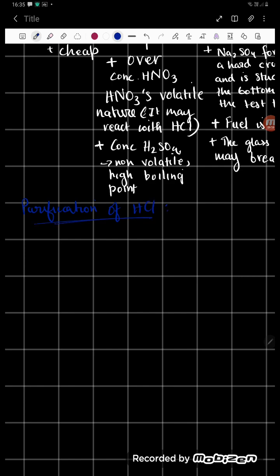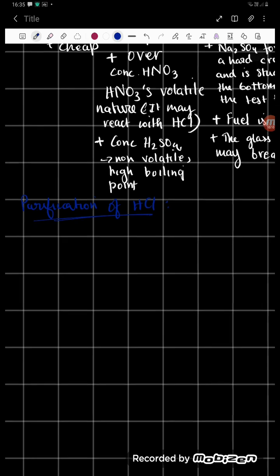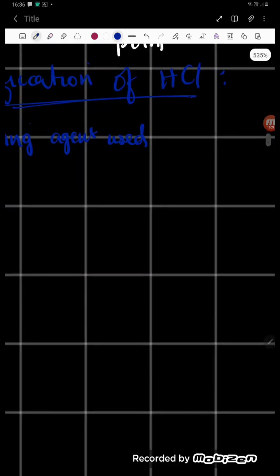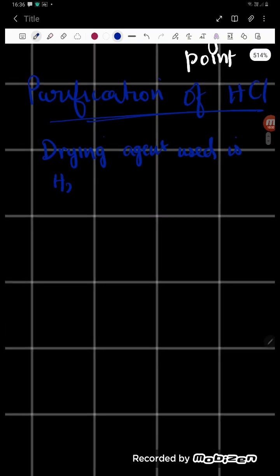Well, for the purification, the drying agent used is H2SO4. And why is that? Because